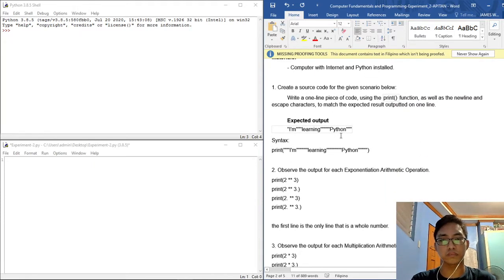For the first try of the code, number one will be to create a source code for the given scenario below. Here is the given scenario, or the expected output. So we will use a one-line piece of code using the print function as well as the new line and escape characters to match this result. So I have inputted this code,